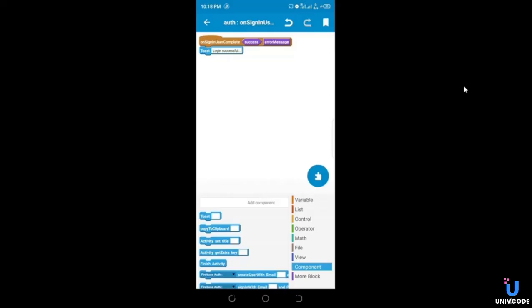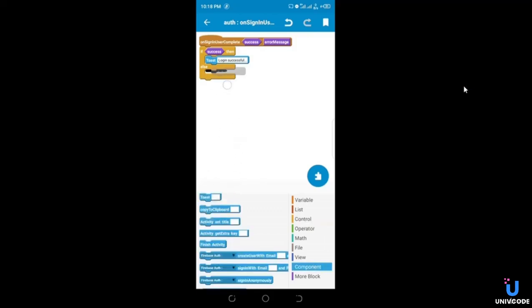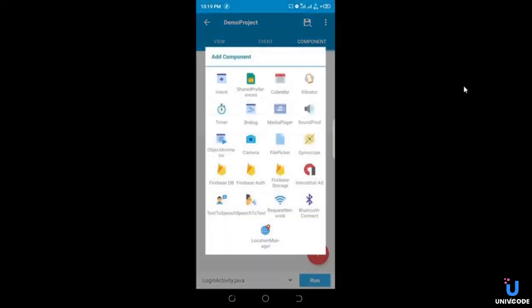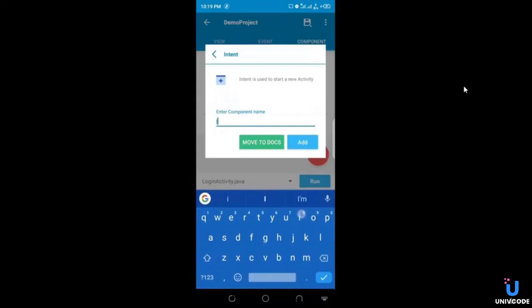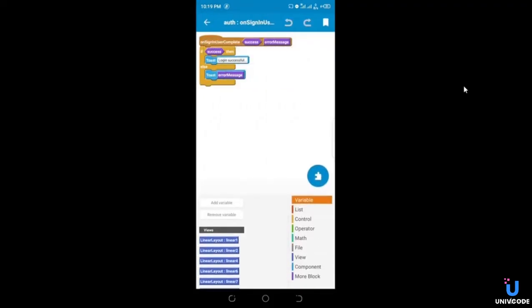But if a user signs up and it is successful, nothing happens, but then we need to add this also. So on sign in successful, you are going to toss a message that says login successful. Sorry, I mean on sign in successful, we're actually going to toss a message that says login successful, and then we are going to